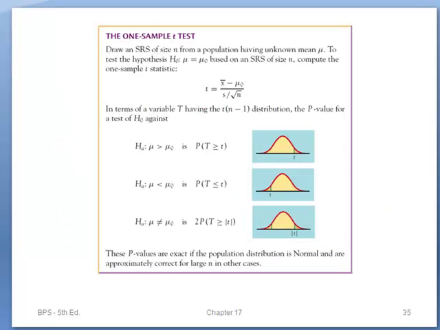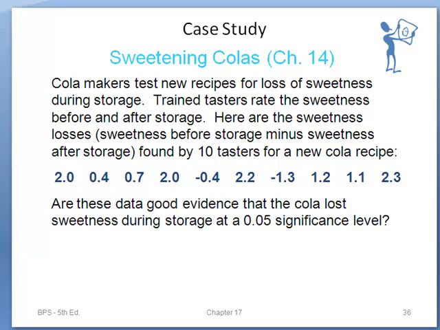So looking at this, the one sample t-test, looking at finding the p-values for the different test statistic depending on the alternative hypothesis, meaning whether we're in a right, left, or a two-tailed test. So we're going to go back to the sweetening colas problem that we saw in Chapter 14, except that in this chapter, there is no population standard deviation given. The problem goes like this, that you read here,